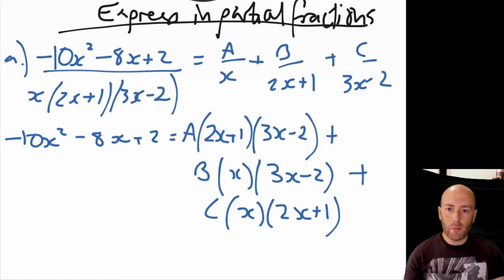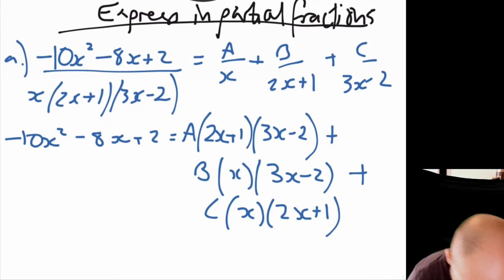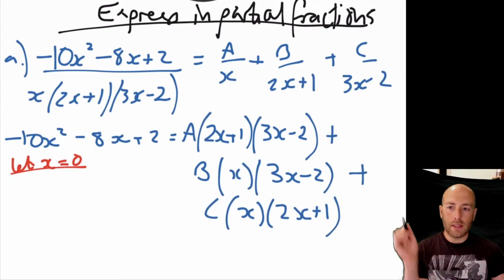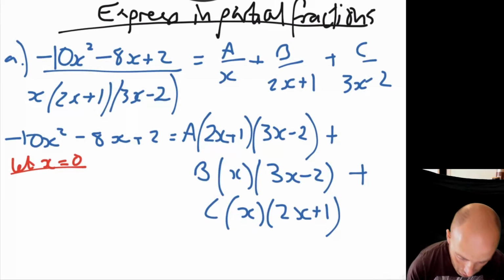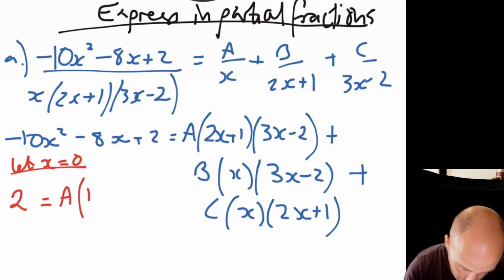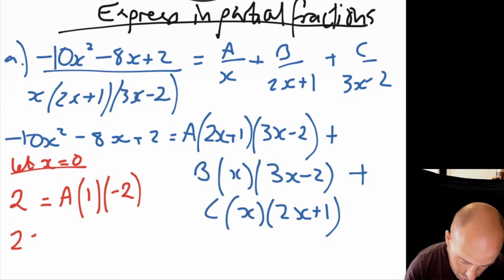Then when we've got that, we can now just make some substitutions. So I'm going to do them all down here. For the first one, let's make x equals 0. And this is going to cancel out B and C. So we'll get 2 on the left-hand side equals A times 2 lots of 0 plus 1, which is just 1, and 3 lots of 0 take 2 is just minus 2. So 2 equals minus 2A, therefore A